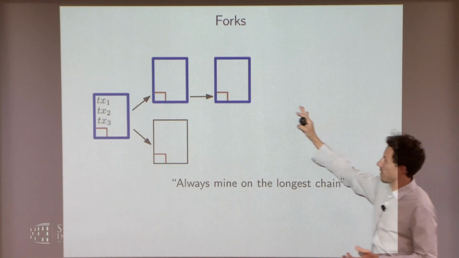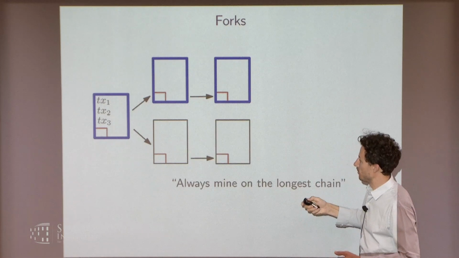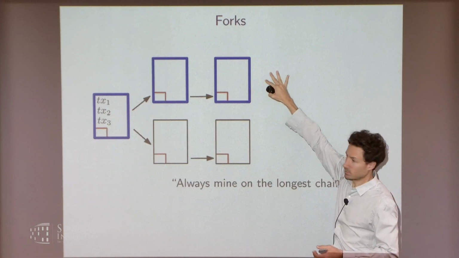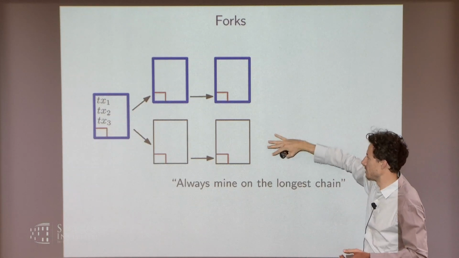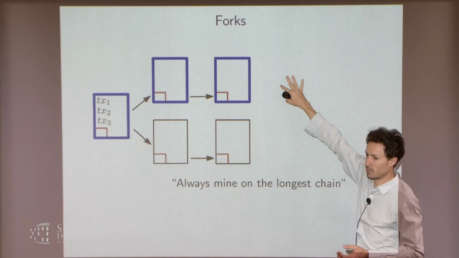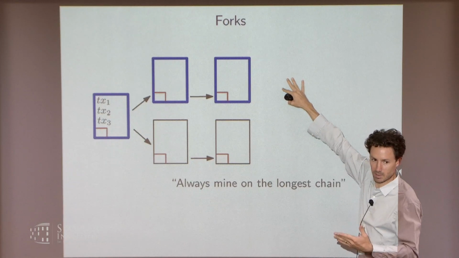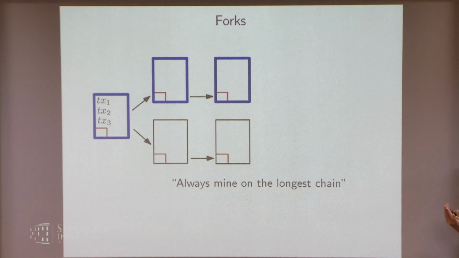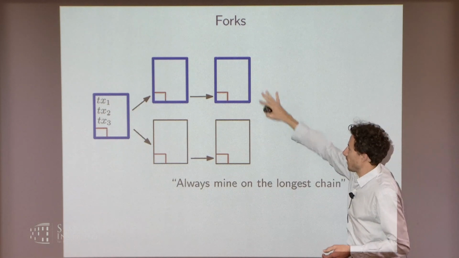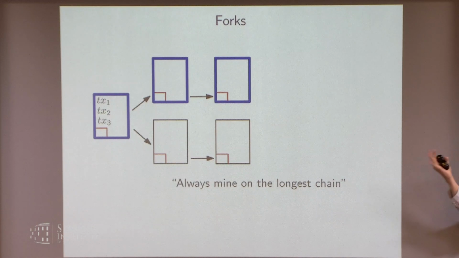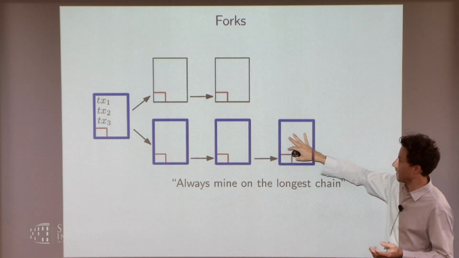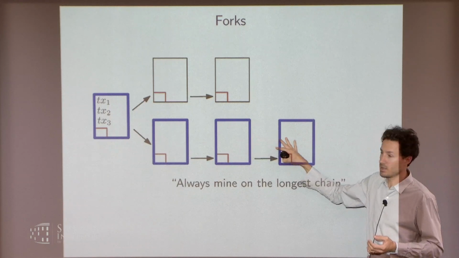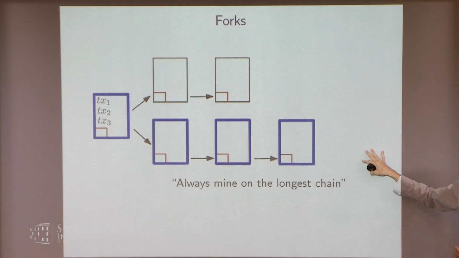Okay, so what happens if this is my view? I'm a miner, I try to mine here. If then a block arrives, this one I saw it first, so I keep mining here. It's not because I've already spent a lot of time mining here that I should continue, because it's basically a memoryless process. It's not that I increase my chances of finding a block because I've already tried for some time. But I guess the heuristic is that if I've seen it first, then a lot of people have seen it first. You always try to do what the majority does. But if then another block extends this branch of the chain, then I would switch and try to extend here.